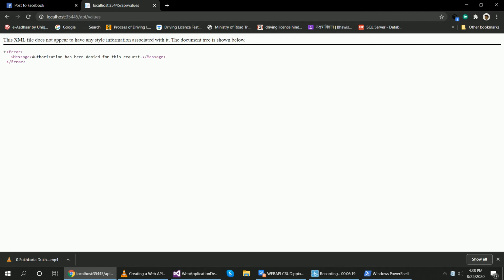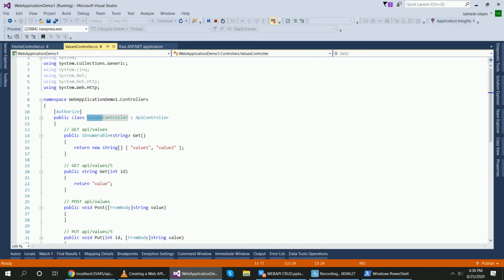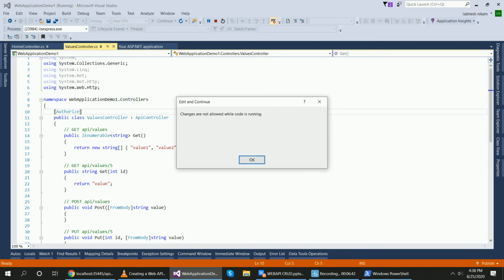What it displays? It displays authorization has been denied for this request. Why is this error message created? Because in my program there is Authorize attribute given. This prevents to run the project because I have not given authorization and directly run the project.